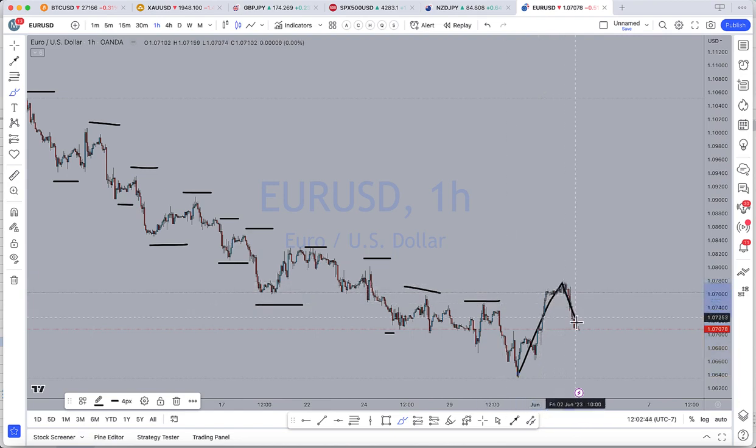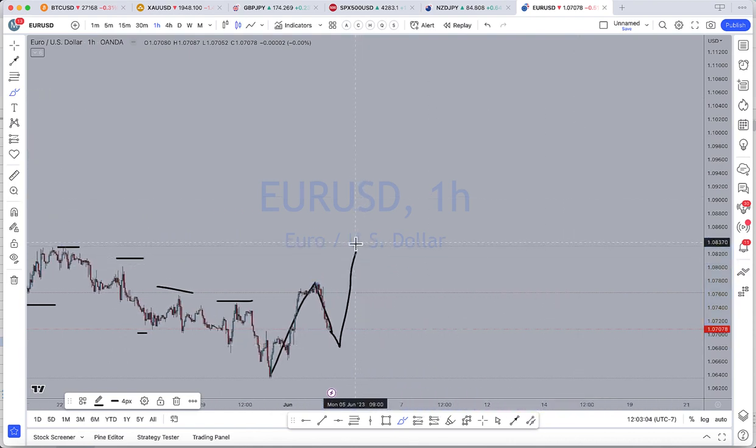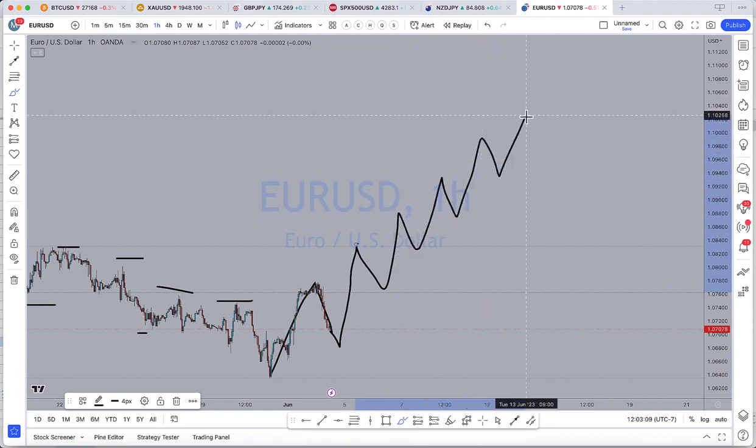And then if this pulls back to wherever it's going to pull back, right now it's Saturday, the market's closed. Right? Well, let's say the market opens up, maybe it moves down a little bit more, and then makes another break of structure. So now you've got a pattern again, right? You've got two higher highs, two higher lows, right? And now you're expecting what I just drew out for you a moment ago. All right, and again, this could be just a pullback. You got to do your own analysis. You got to look at the bigger picture and all of that, right?